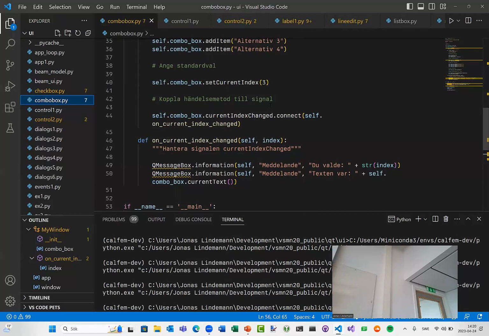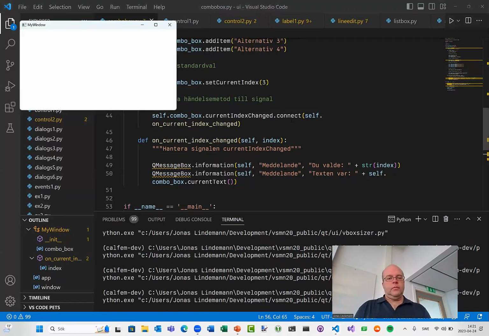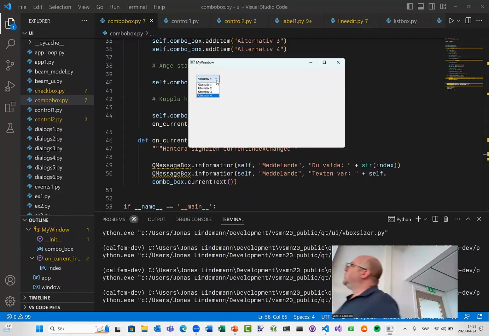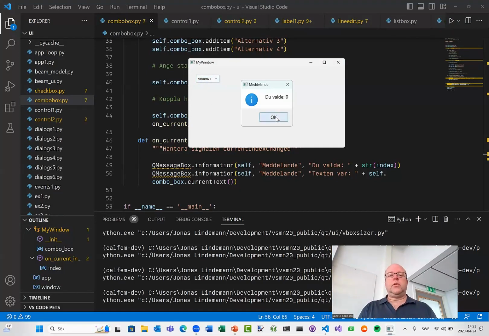And you can see here that this method needs a second parameter, index, which will be provided by the call from this function. And then you can see which one of them was selected. You can also get the text in the box using current text. You can see here I have a small box that looks like a button with a small indicator. If I press here, you can see that it drops down the different options I selected here. And if I click here,